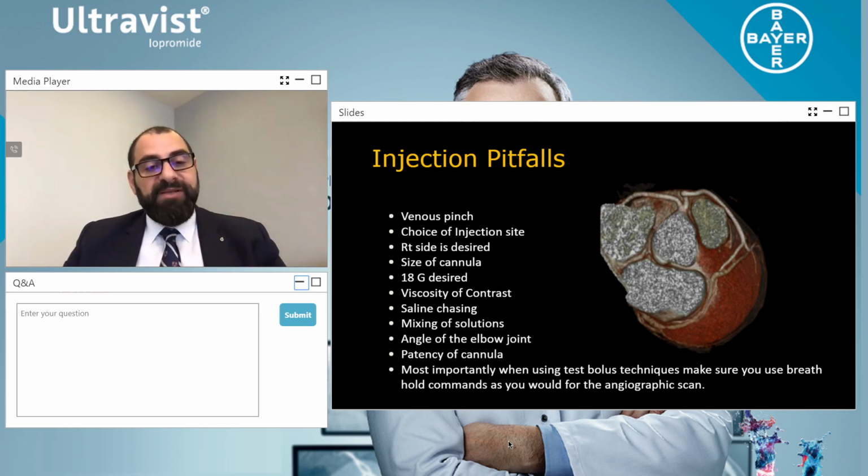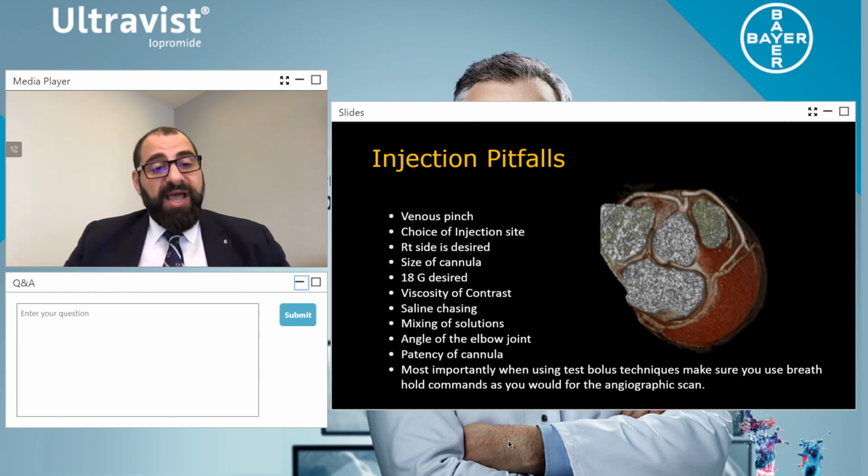Instead of putting their arms above their head, let's get them to place their arms on the CT machine. And so as they move in and out, the contrast is not going to be blocked and will get through really well. The second thing is we always should use a right side contrast injection approach. The right arm is always better than the left arm because the left arm travels a lot further and will mix more with blood than the right arm when it goes to the superior vena cava.